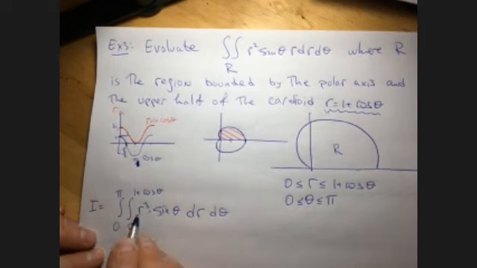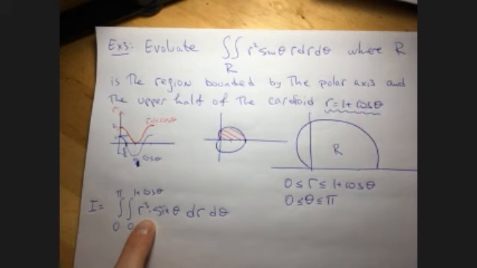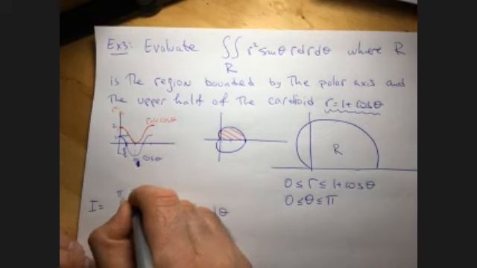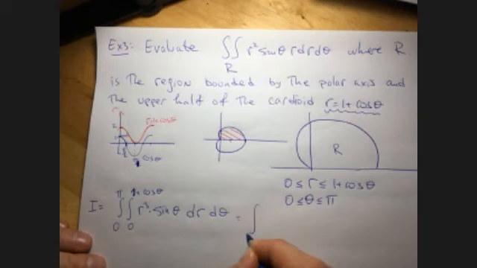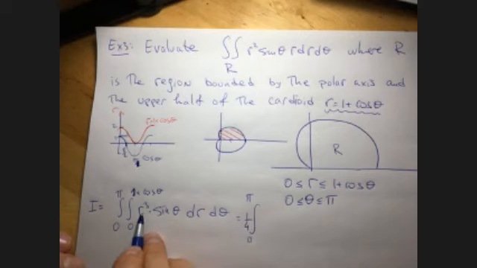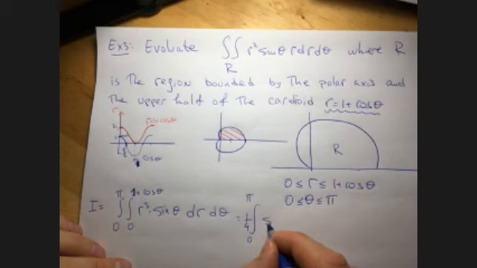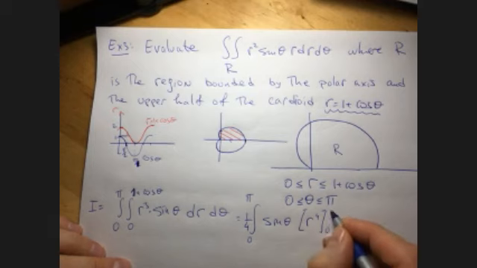Here, although the integrand is expressed as a product of two functions independent of each other, we cannot express this double integral as a product of integrals because r depends on theta. So first I'm evaluating the integral of r, so that's 1/4, right? The integral of r to the power 4 is 1/4 r to the power of 4, evaluated from 0 to 1, plus cosine theta, and this is going to be